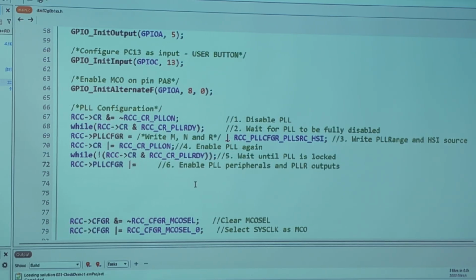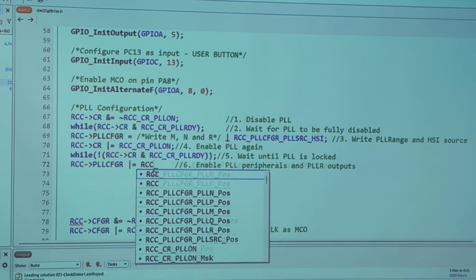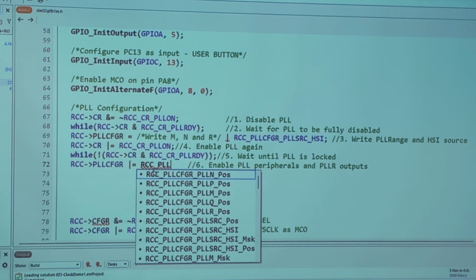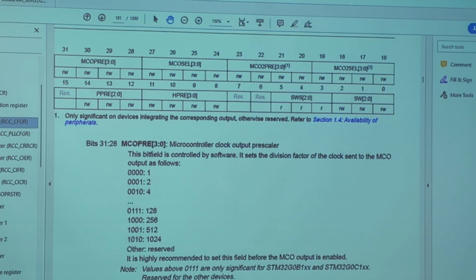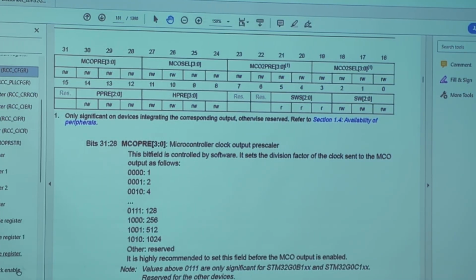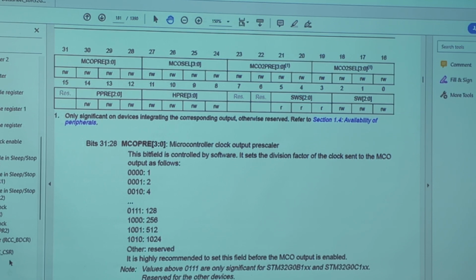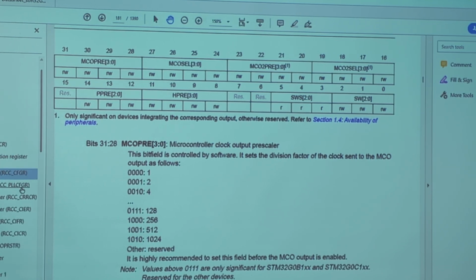What do we want to enable here? RCC underscore PLL configuration, and then we want to do what? PLL enable. PLL enable. Let me just bring up the reference manual here because I'm getting a bit confused with all these things. The good thing is that we only need to do this once, and then once we have it already,